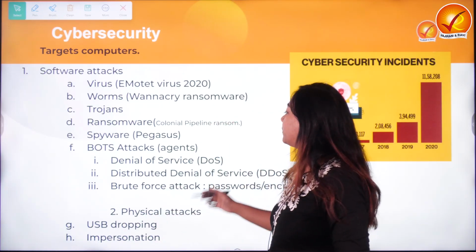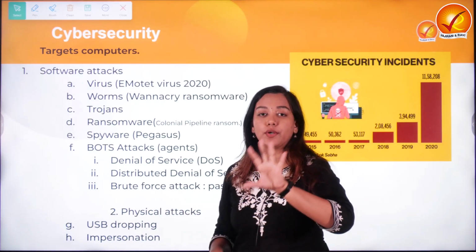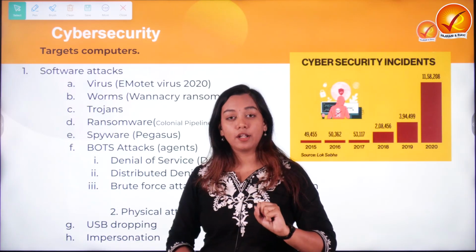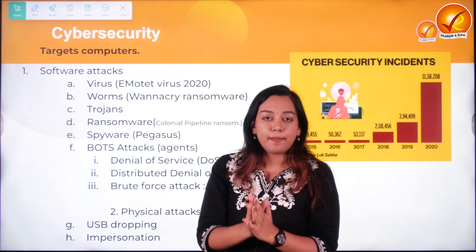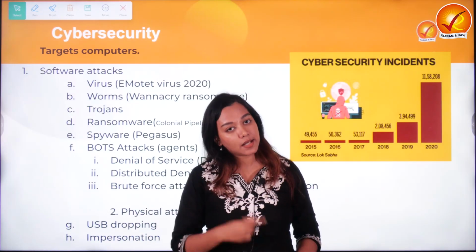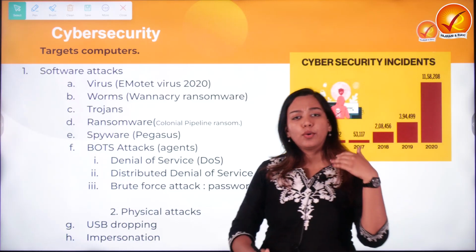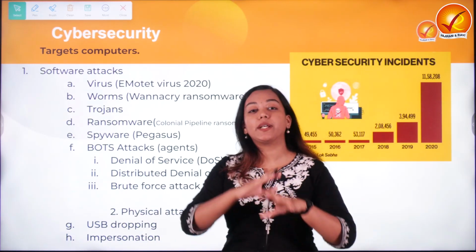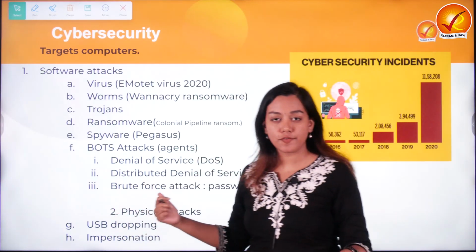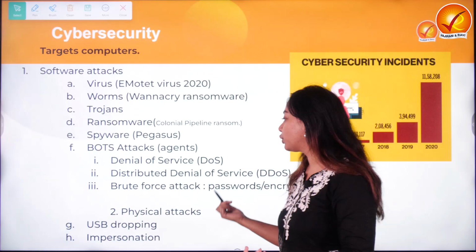Now, a bot attack could be done in the following forms. When you have clicked the link, it denies the service of your entire computer or that particular website, or let's say a particular important application of your computer. Denial of service happens. So that is a DoS attack. This is a kind of bot attack. Second, the distributed denial of service attack. I'm not going too much deeper into it in terms of technology. I will say that it is a more decentralized form of denial of service attack. Okay, so many attacks could happen at a time, controlled by one server.